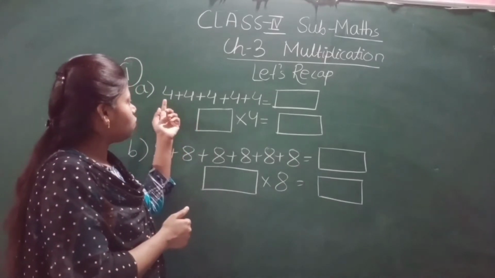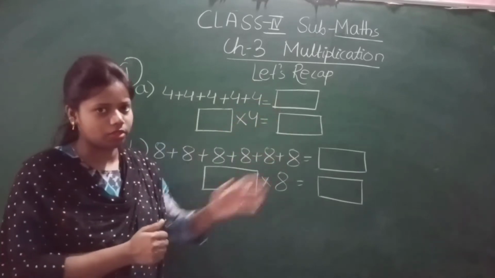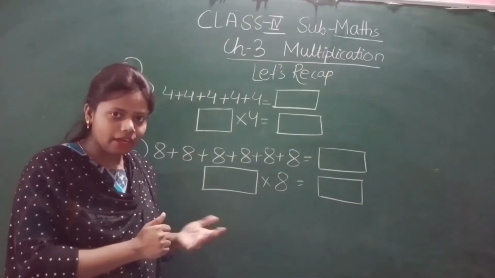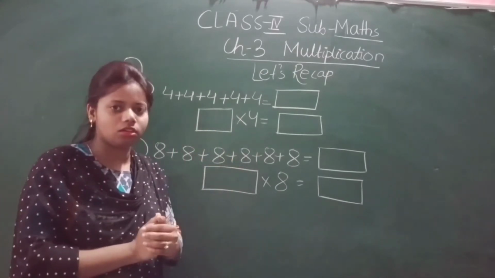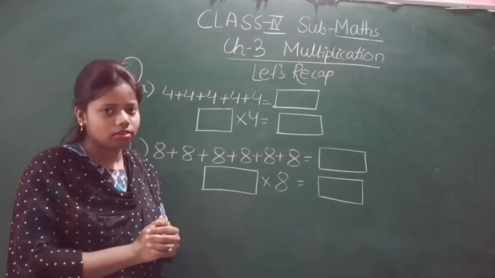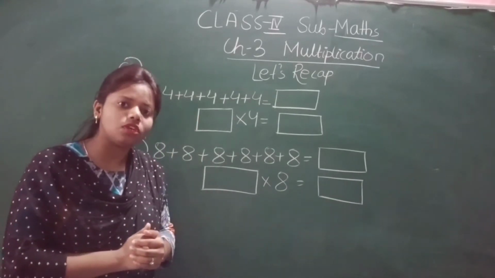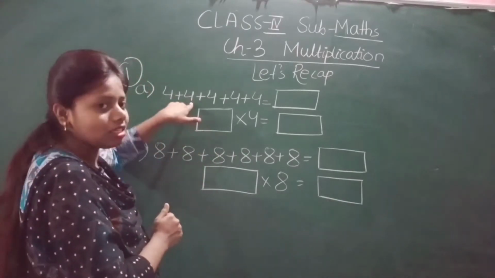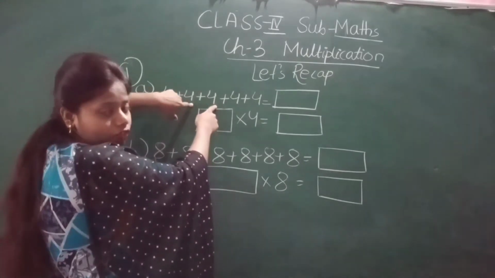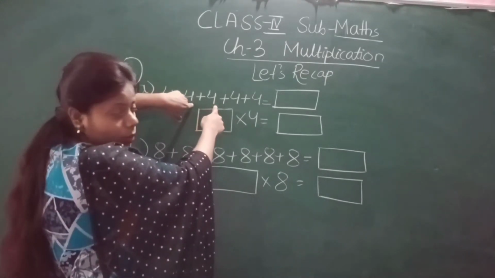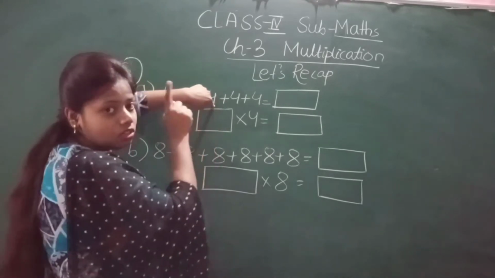Here you can see 4 plus 4 plus 4 plus 4 plus 4 is equal to how much? That means we have to add. There are two methods: one is given as the long cut and one as the shortcut. Now the long cut is long only. Now see how to add. 4 plus 4 is how much? 8. Now to 8 how much will we add? We will add 4. So how much will it be? 12. So 4 plus 4 is 8, 8 plus 4 is 12.